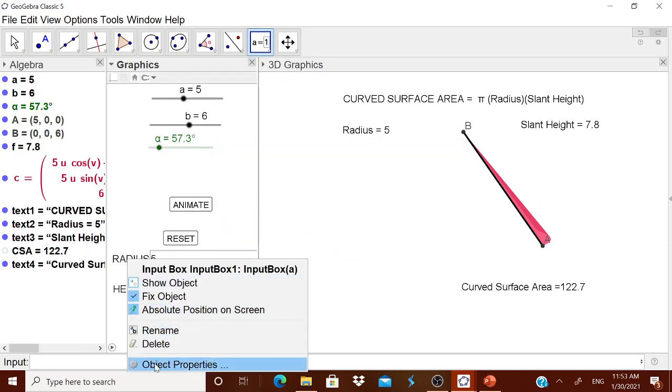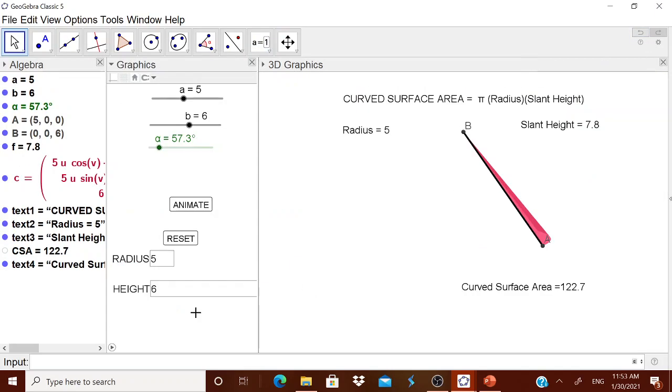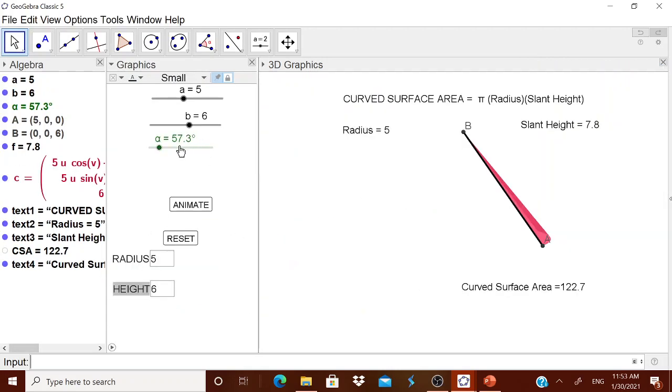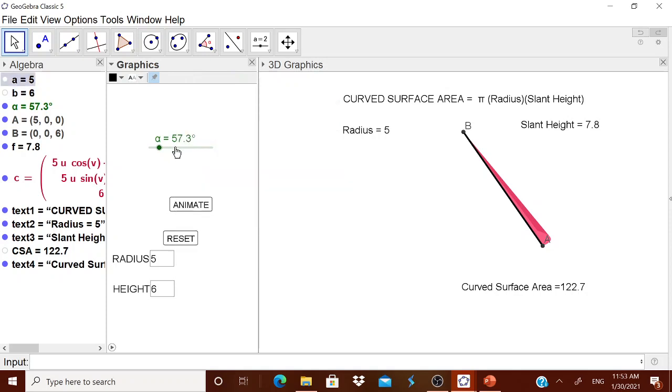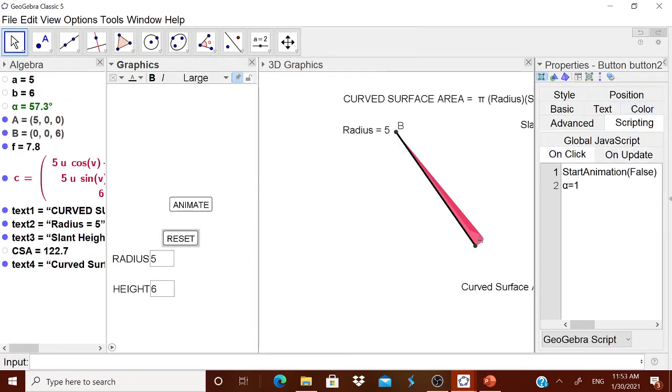Then, as all of you know, go to the object properties. The input box will normally be very big. You can make it 3, it is always better, and close it. Again for height, object properties, then make it 3 and enter. Beautification and coloring also you can do at any time. Now you can show the object, animate. Automatically it goes on animating. When you reset it, it gets reset, but it won't be a problem for you. The child will come and enjoy it.